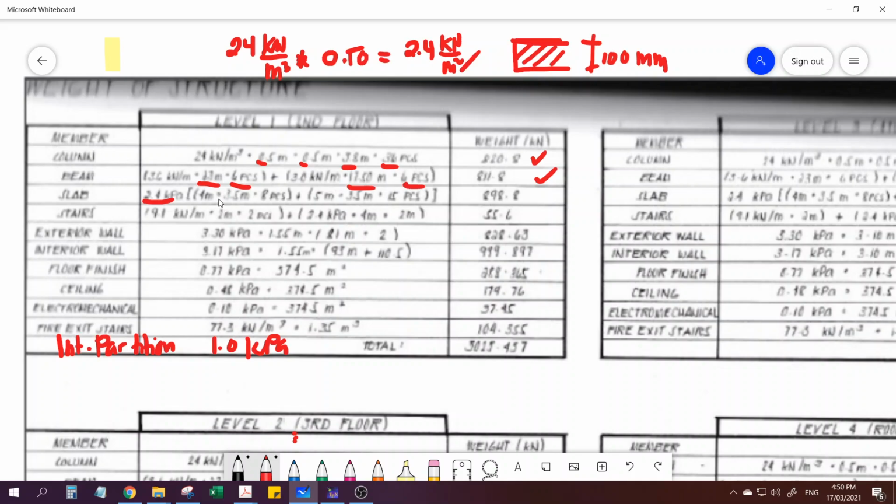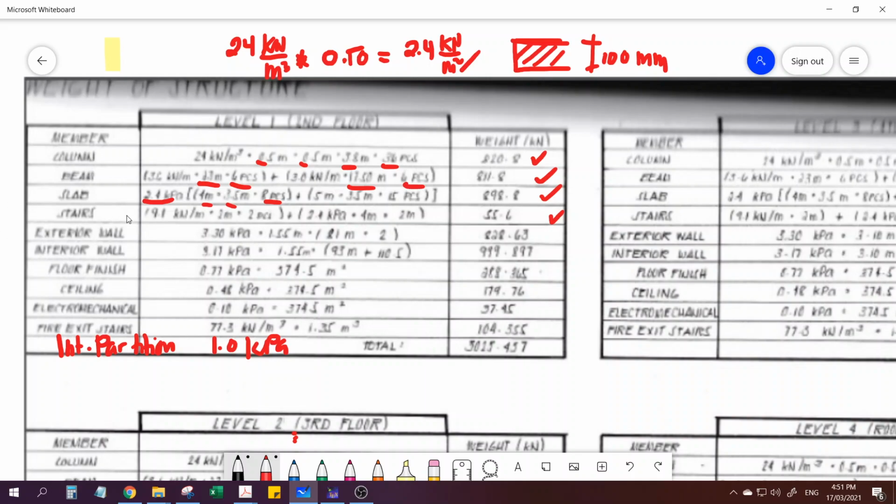So may kilopascal ka na, multiply mo lang sa area, no? Kaya meron kang area times yung ilang piraso ng slab, and that's it. Meron ka ng weight. For the stairs, parang slab lang din naman yan, no? Assume ka lang nung thickness ng stair mo, and then yung length, okay? Okay, and then kung ilang piraso, so you have the weight. For the wall, to get the wall,